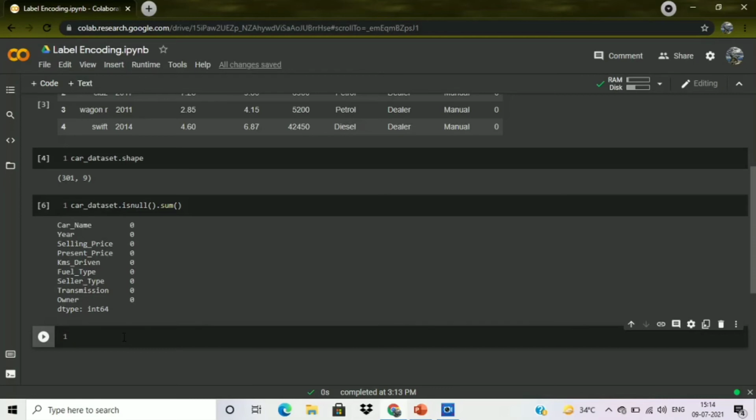Now we are going to print the number of cars which are using petrol, diesel as their fuel type.